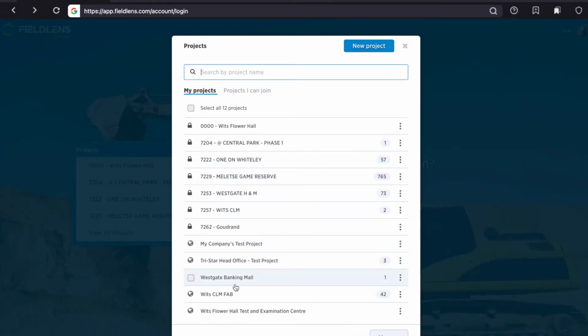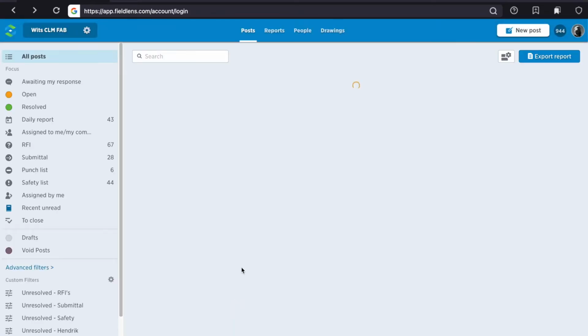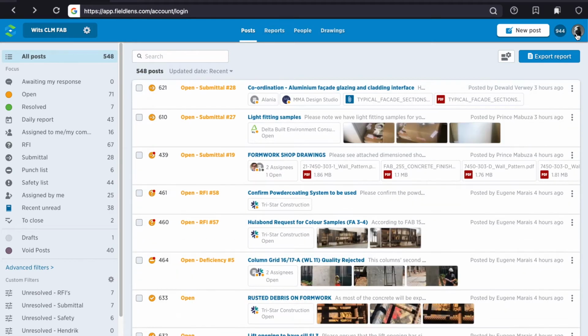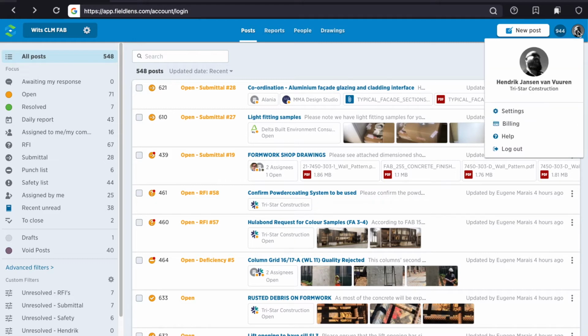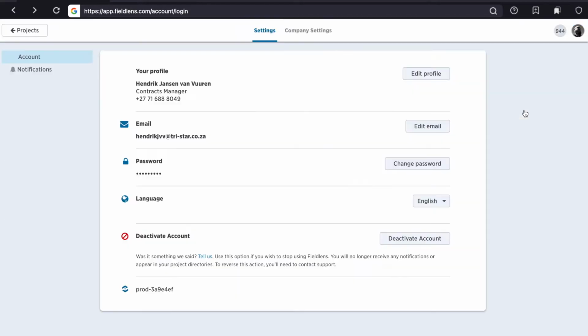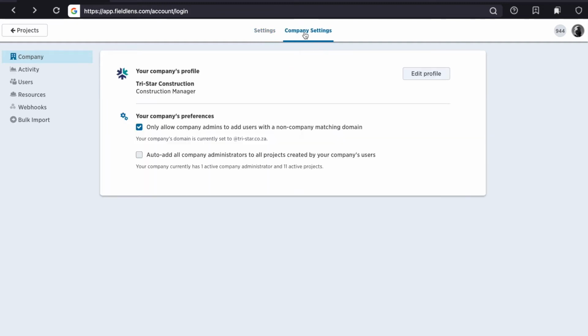So you're going to go into a project that you were invited to. On the right hand top corner of the screen, you'll find the little face icon there. Obviously I've loaded my photo up here now, but you just have a face icon there. So you click on that. You click on settings. You then click on company settings. You then go to edit profile